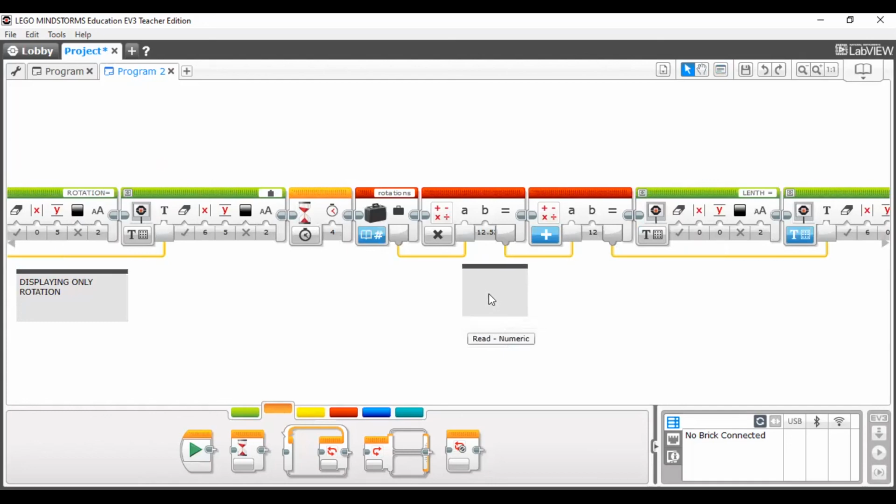Here we are calculating the total length using rotations.